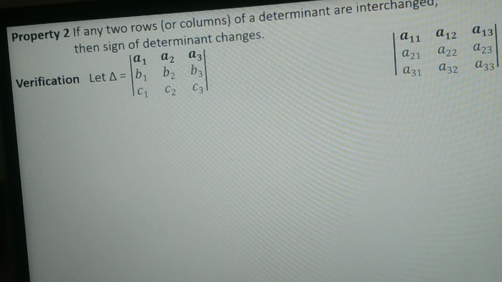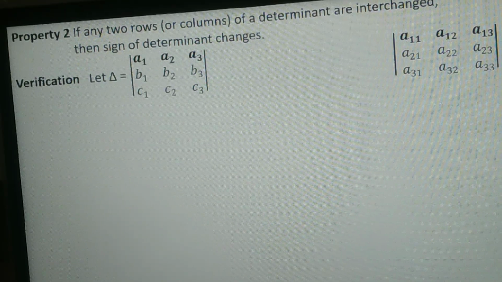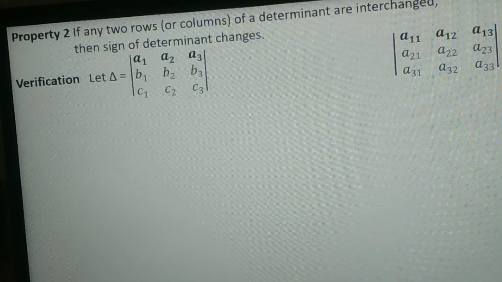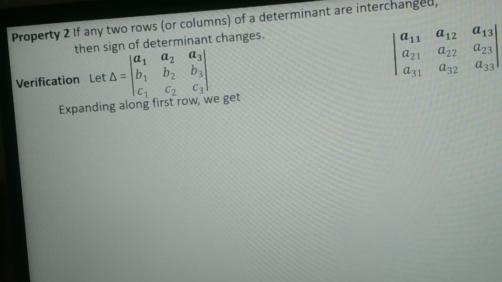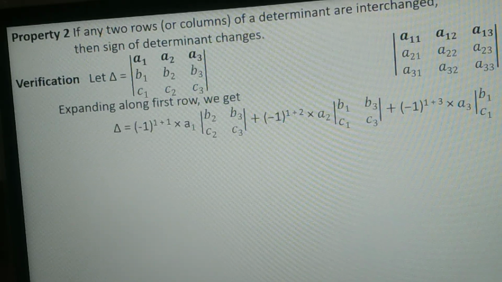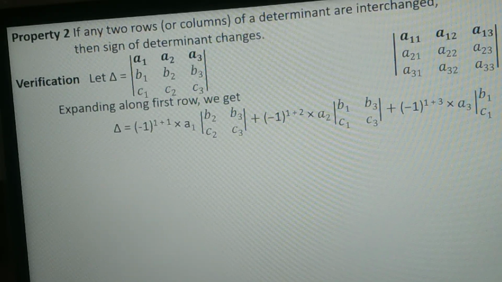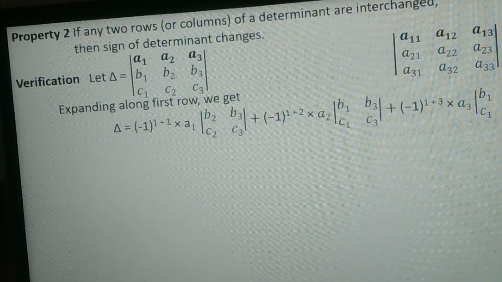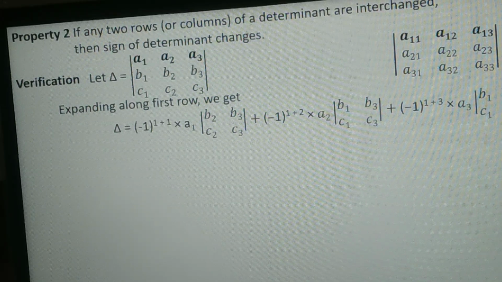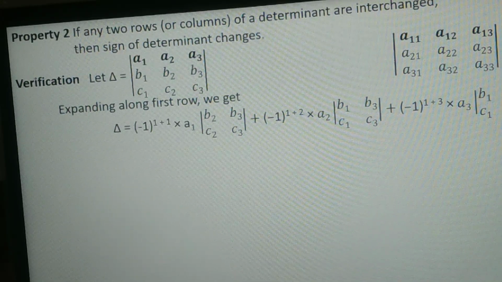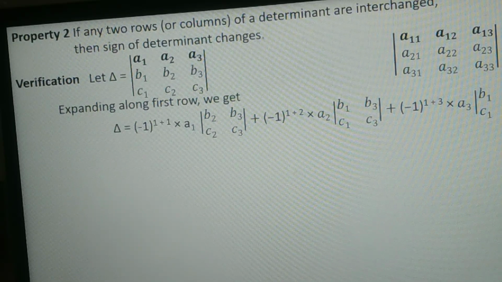Verification: let delta be equal to the determinant a1, a2, a3, b1, b2, b3, c1, c2, c3. Expanding along the first row, we get delta is equal to (minus 1) raised to 1 plus 1 into a1 into determinant b2, b3, c2, c3, plus (minus 1) raised to 1 plus 2 into a2 into determinant b1, b3, c1, c3, plus (minus 1) raised to 1 plus 3 into a3 into determinant b1, b2, c1, c2,